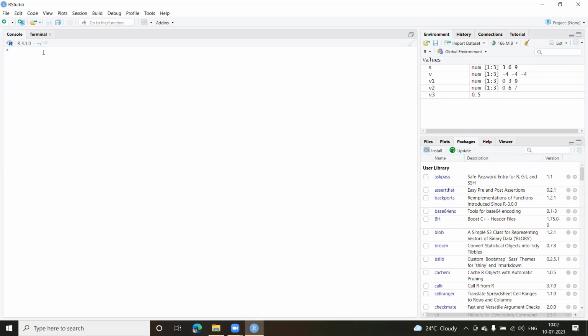Basically, the purpose of all the three is the same: assignment. And if the array size is different, what happens when we add or multiply? Nothing happens. There's no change.